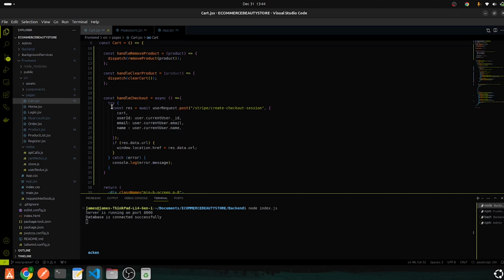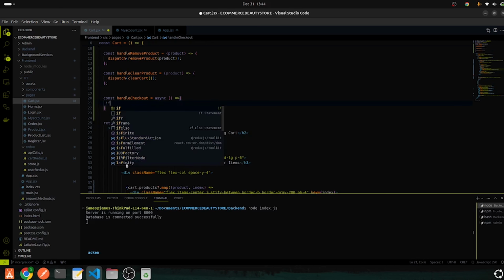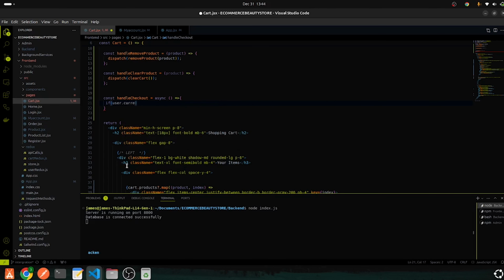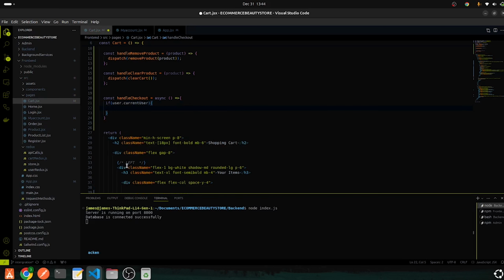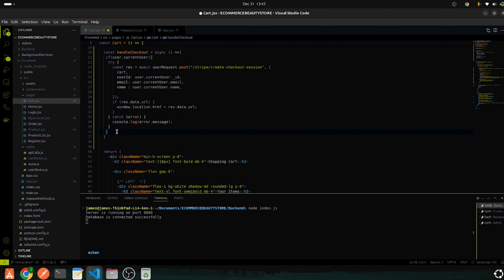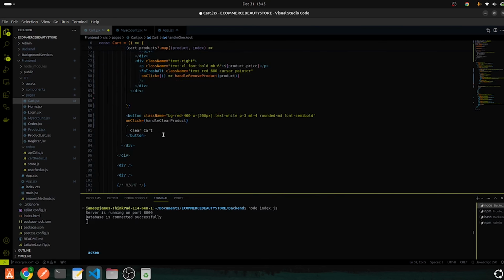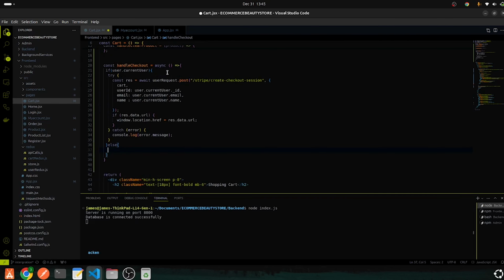So what I'm going to do is that before you make any request here like that, we are going to make sure that we have the user, so user dot current user like that. So I'm going to first of all make sure that we have the user, that means that the user is logged in, else we can show, I think here, because I think we had Toastify and I don't see any Toastify here. So what I can do is to show an error message,